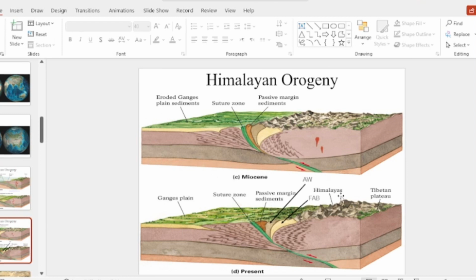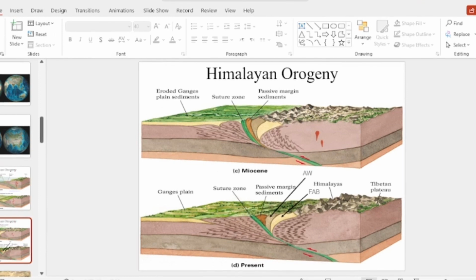zone of the Tibetan plateau on the northern side and the Ganges plain on the other side, and then we have a huge mountain and collided zones, which is the consequence of the Himalaya originating. So this is the aerial photo. This was the